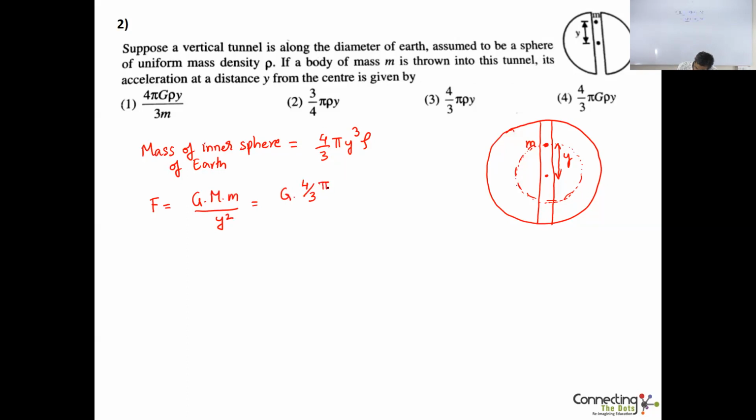4 by 3 pi y cubed rho into m by y square. And this is the force that is acting on it. So after simplifying it, but the question is about the acceleration that the body is experiencing. So the acceleration is force divided by mass